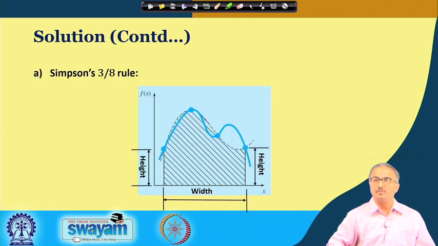Next we come to another popular method, that is Simpson's 3/8 rule. Now here you see that in Simpson's 3/8 rule we are taking 4 points at a time. In that case also we put some curve through these particular points. Again, as I explained earlier, there could be some overestimation and sometimes underestimation of the area, so that the overall errors will get cancelled out. Okay. So again we have the area under the curve as width into some average height based on the 4 points.